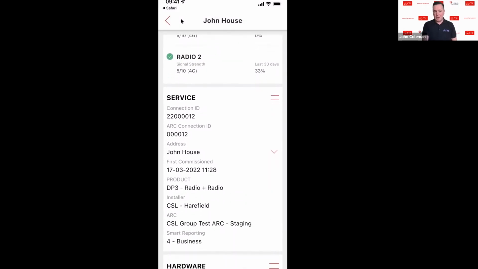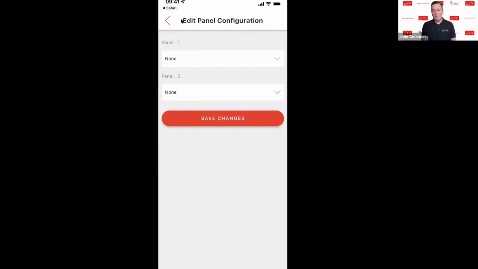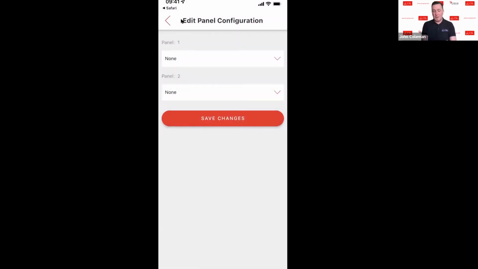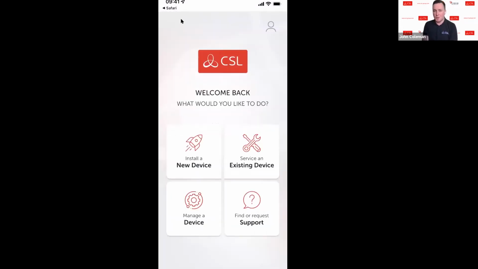So what type of unit is it? Where's it being installed? What type of hardware have you got? So the serial number, is it on pins, or are you plugging it onto control panels for serial connectivity? So this part most people are familiar with today, but what we're going to do, we're going to go back to the new features on the dashboard, which is install a new device and service an existing device, because these are the two areas that will get used by most engineers